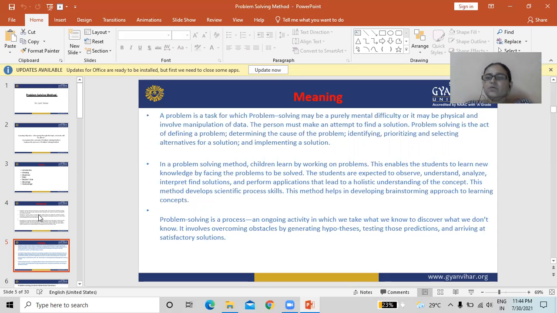Meaning of problem solving method. A problem is a task for which problem solving may be purely mental difficulty, or it may be physical and involve manipulation of data.